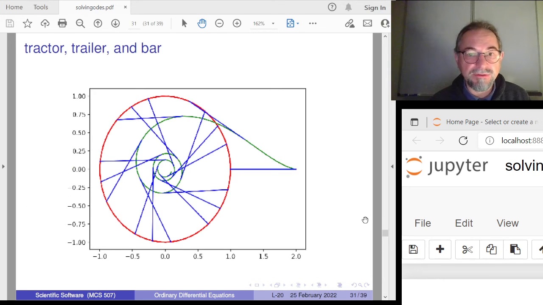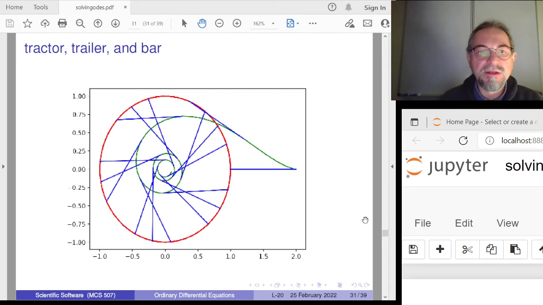So ultimately, in our application, we draw a snail. The red shows the trajectory of the tractor. The tractor starts at the right here, and the bar is displayed horizontally here. So the progression of the blue bar illustrates